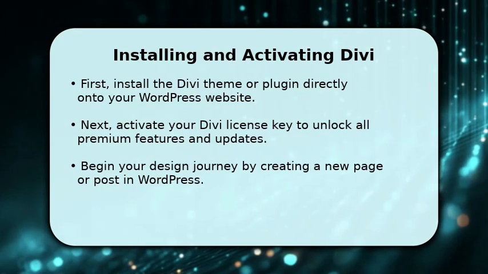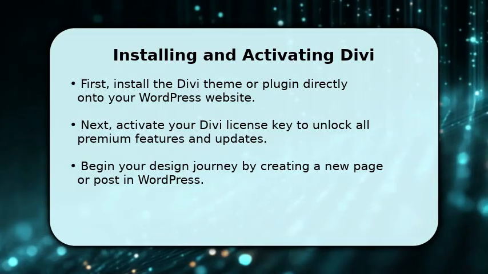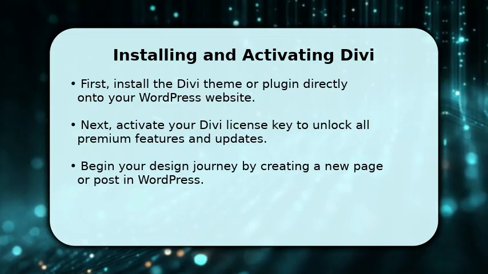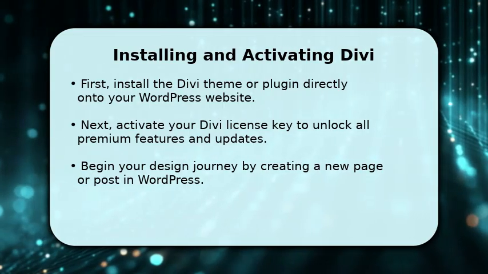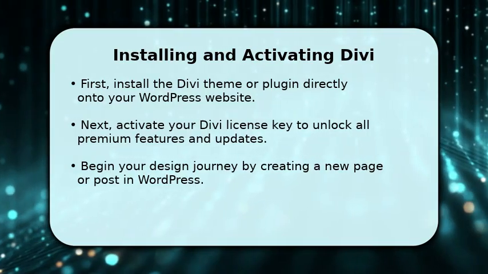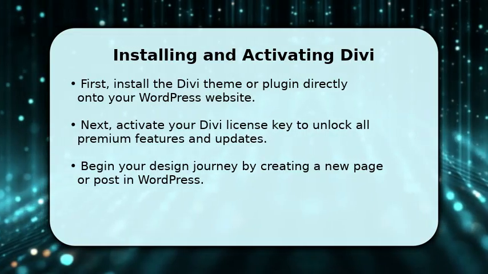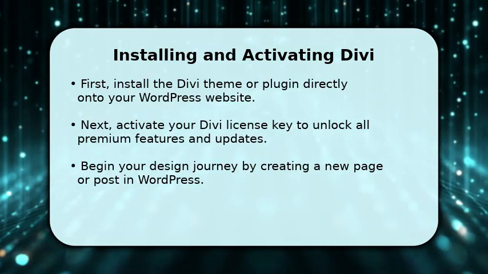Getting started with Divi is straightforward. Your first step involves installing the Divi theme or plugin directly onto your WordPress installation. Once installed, you will need to activate your unique Divi license key. This key ensures you receive all future updates and gain access to the full suite of premium features. After activation, simply navigate to your WordPress dashboard and create a new page or post to begin building with Divi's